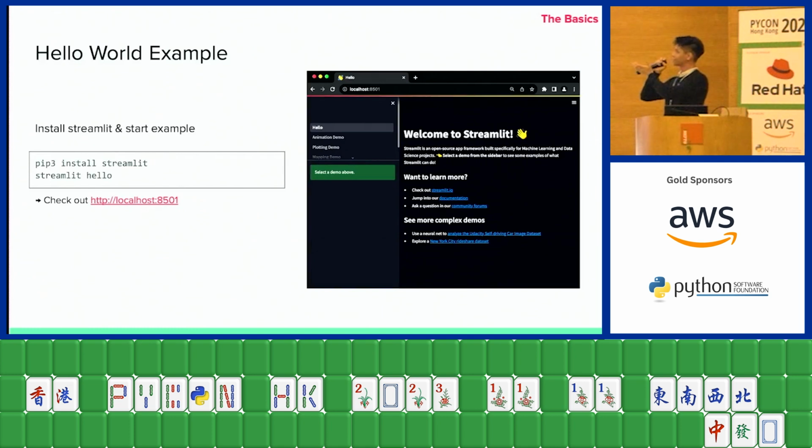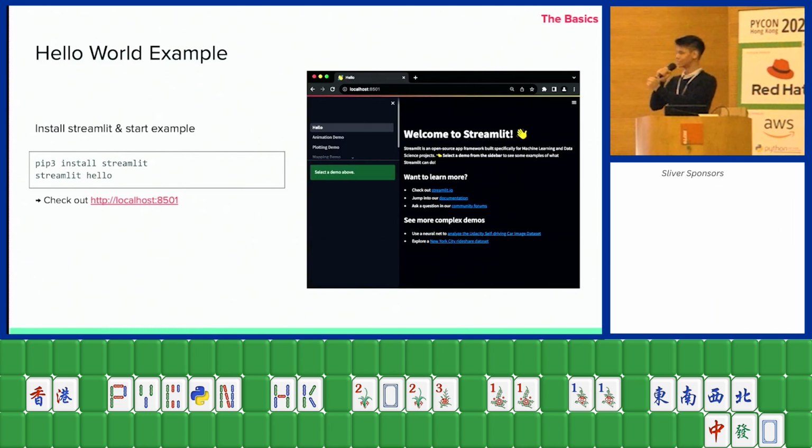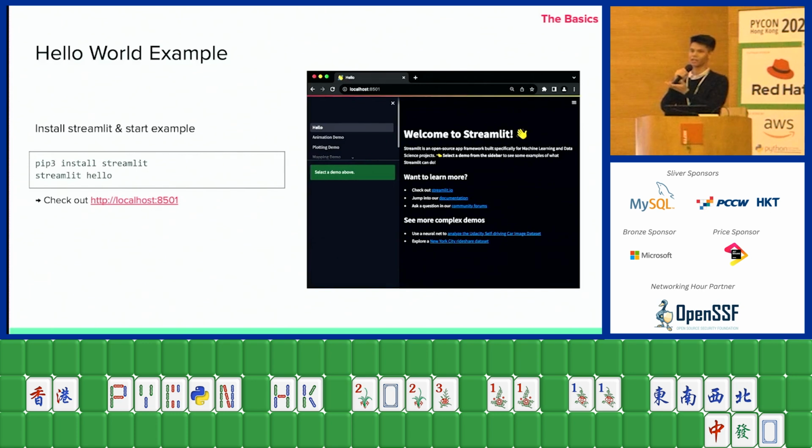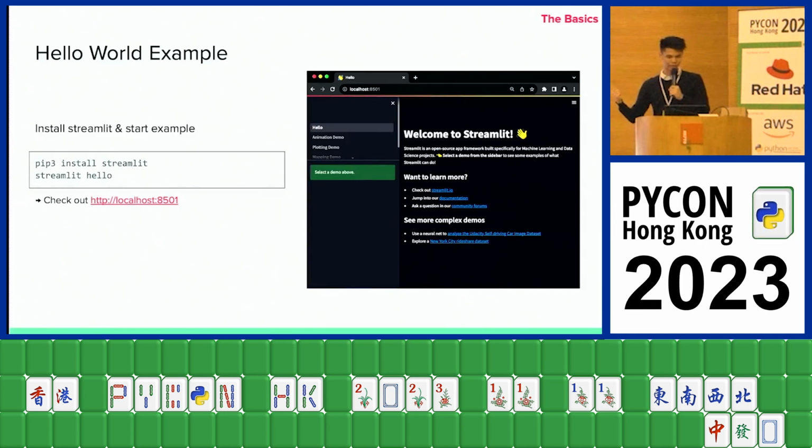Streamlit provides a hello example, which is very easy. The first thing you need to do is obviously install Streamlit using pip. Pip is Python's package manager. It helps you install, manage, and upgrade your third-party libraries. After installing, you just need to type streamlit hello, and then it will go to localhost port